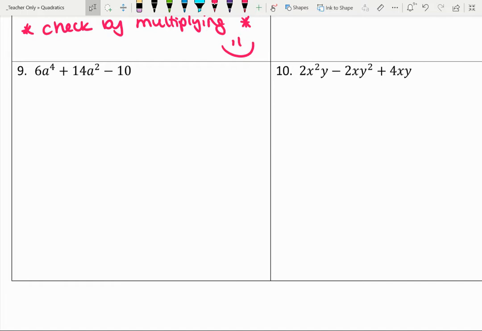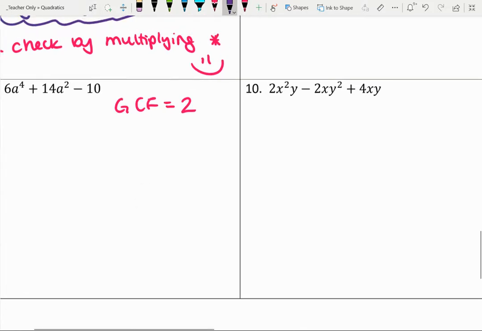Okay, 2 more examples. Let's look at 6a to the 4th plus 14a squared minus 10. Again, starting with our greatest common factor. In this case, it is 2, right? Even though we have a to the 4th and a squared in the first two terms, we do not have a at all in the third term, so we can't include that variable. So I factor out a 2,